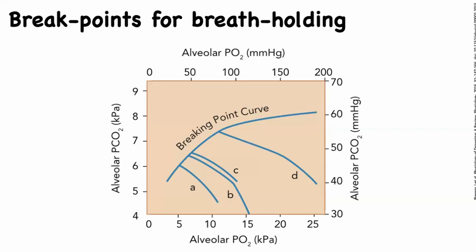The line depicted by the A on the graph at the bottom is somebody who has been breathing a hypoxic gas mixture, so a 15% oxygen mixture. Their breaking point happens much sooner at a lower CO2 level, and it just means that they are stimulated to breathe much sooner. Graph B is somebody who's hyperventilating before they're diving. They are also more likely to reach their breaking point sooner, so at a lower CO2 level. C is normal breakpoint, so sort of a physiologically normal person.